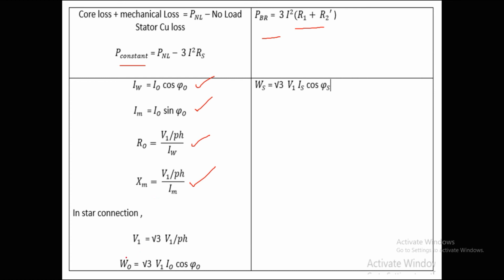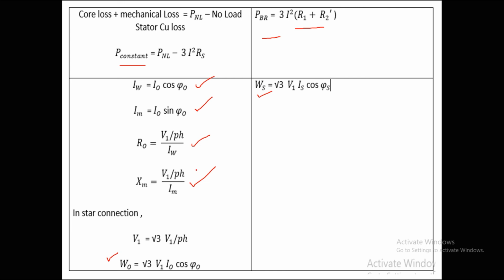And for finding the no load power and blocked rotor power, we know the circuit assembly for conducting the no load and blocked rotor tests. It is more or less equal to the circuit assembly we used for conducting the load test, in which for measuring the three phase power we use the two wattmeter method, for measuring the supply voltage we use a voltmeter, and for measuring line current we use an ammeter. So those are all the meters required for conducting the no load as well as blocked rotor test.